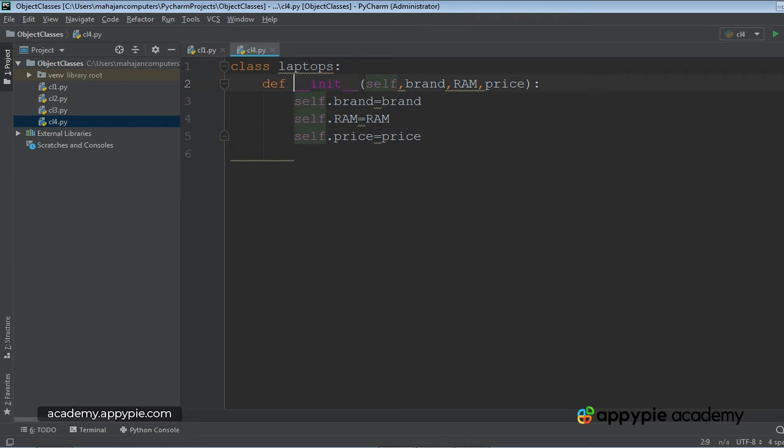Now what will happen is, at the time of creating an object or more than one objects for the Laptops class, I would be passing three arguments. The first argument, self, needs not be passed some value. So I would be passing three values. And immediately what will happen is, three instance variables, that is three properties for this class Laptops, they will be automatically created with the names brand, RAM, price. Even though they are formal parameters, with the same names, the properties would be created for this class Laptops,